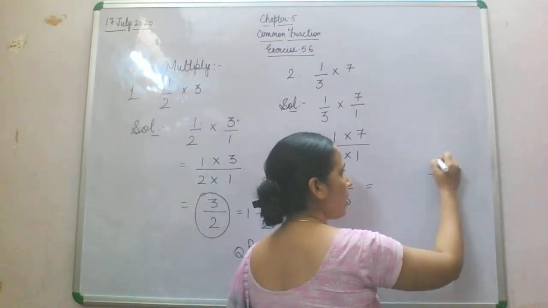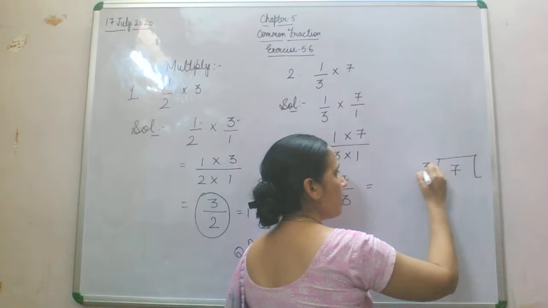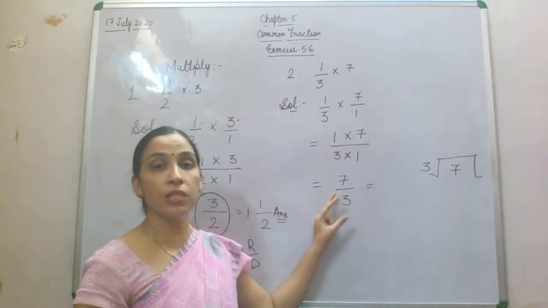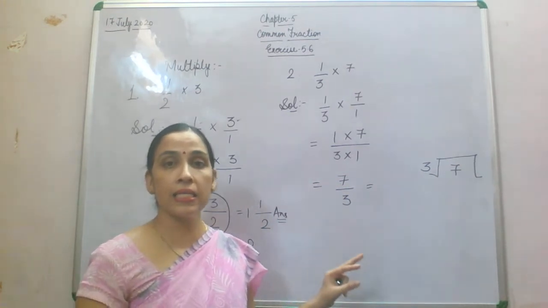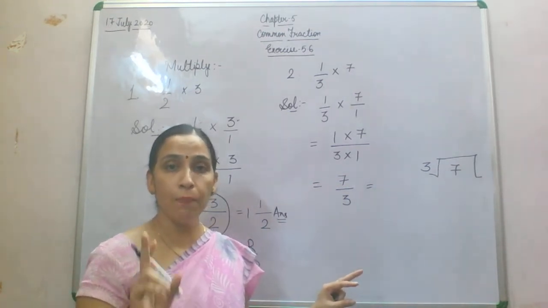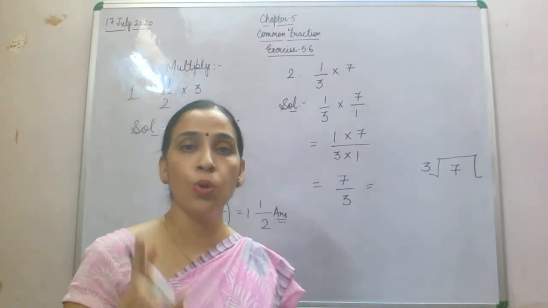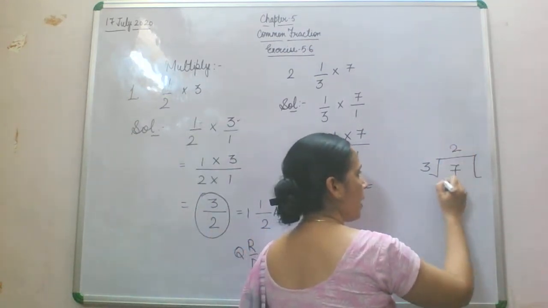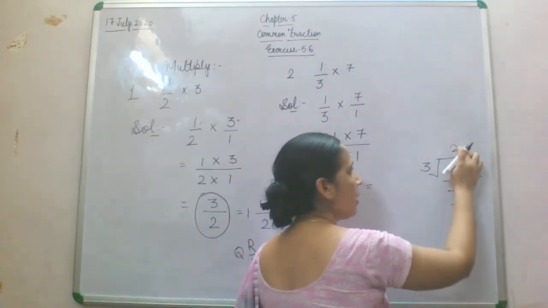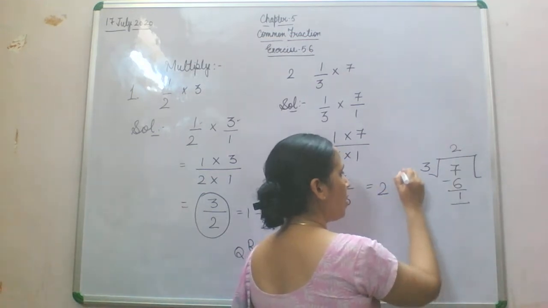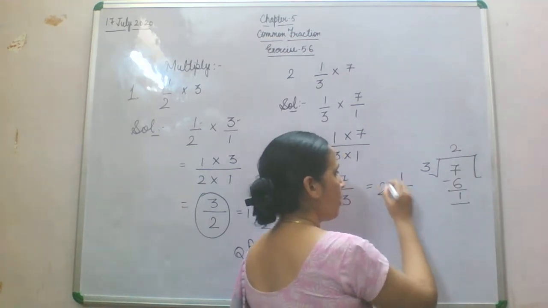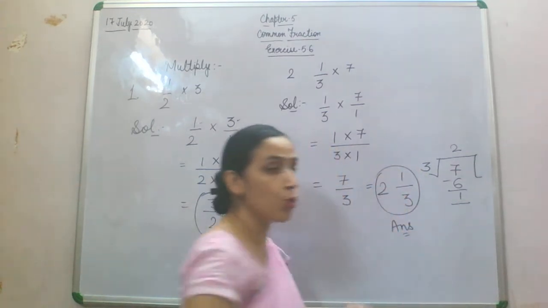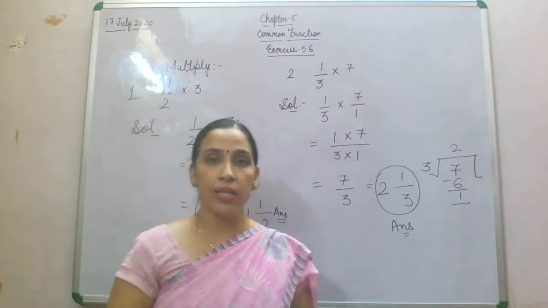We will divide it. Why will we divide it? Yes, because the fraction which we have got is an improper fraction, and an improper fraction must be converted into a mixed fraction. So by dividing it, 3 twos are 6, 1 will be remaining here. Now quotient Q, remainder R and divisor D. So this will be your answer, 2 and 1 by 3.